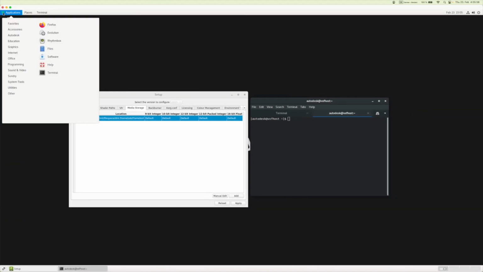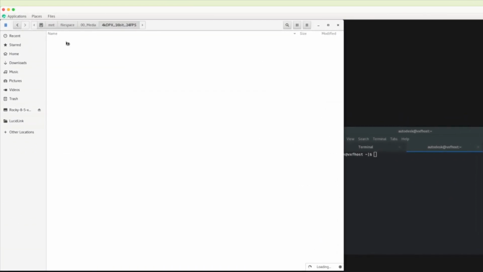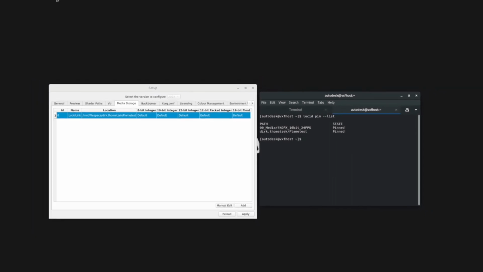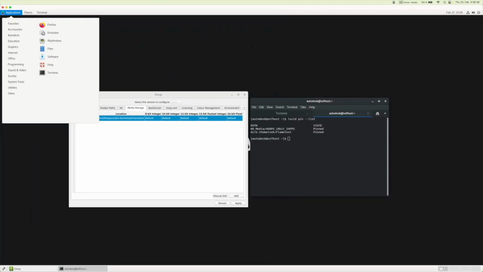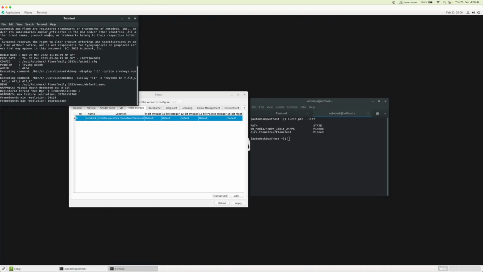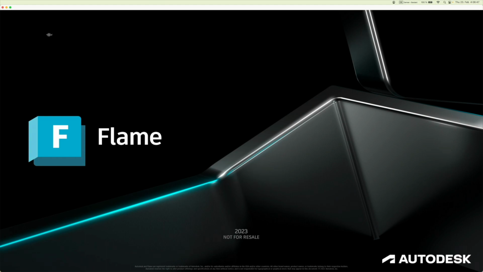First, I'm going to make sure Flame's media storage is connected to a LucidLink FileSpace. Since the bitrate of my DPX sequence exceeds the bandwidth provided by my ISP, I've pinned the required data. Pinning is a great way to stream the media stored on the LucidLink FileSpace directly from a local cache. The media storage folder has been pinned as well. This is not essential, but I like to keep control over the files generated by Flame in terms of caching